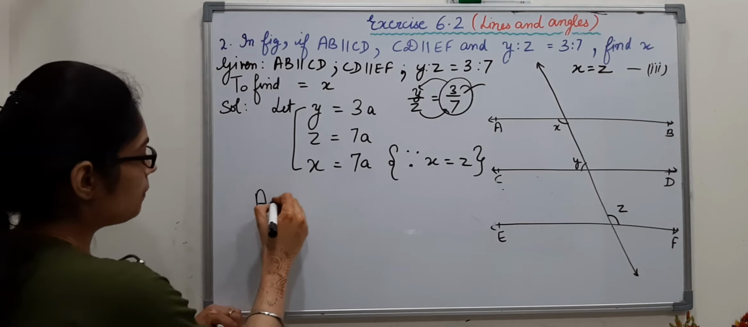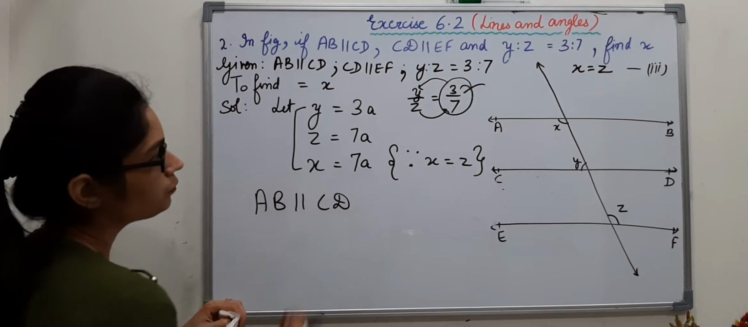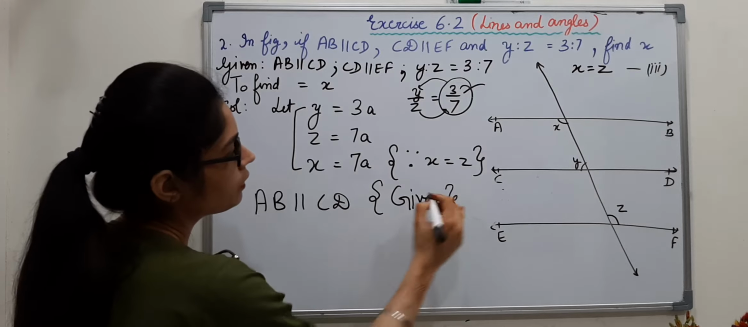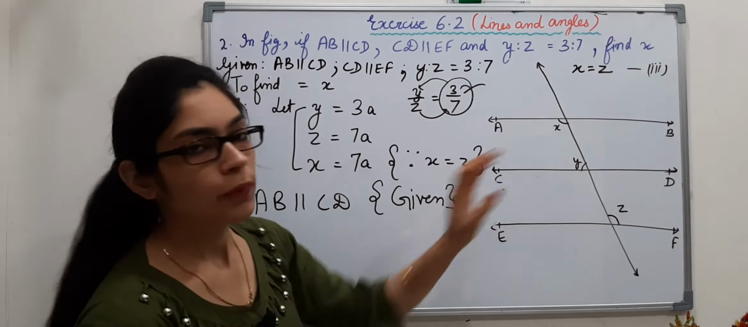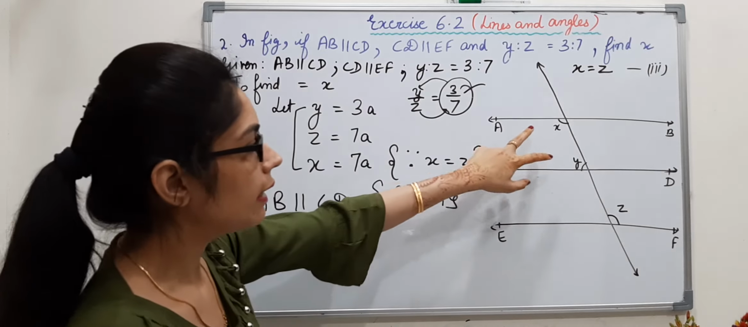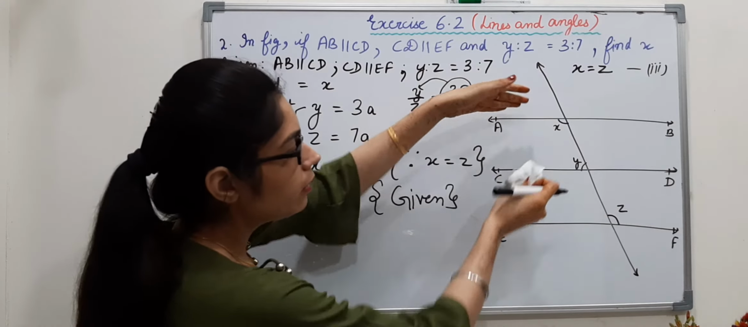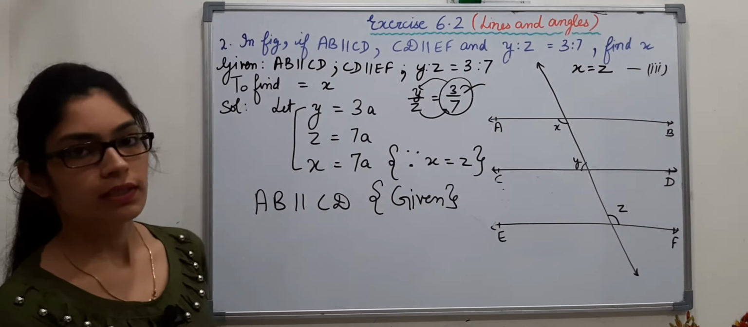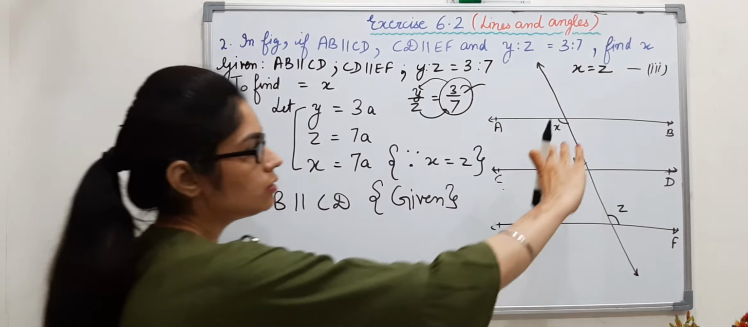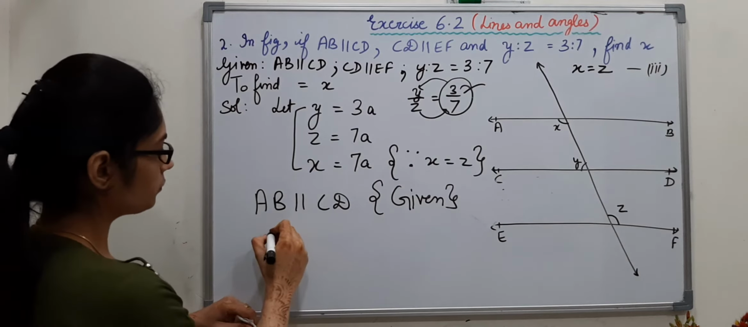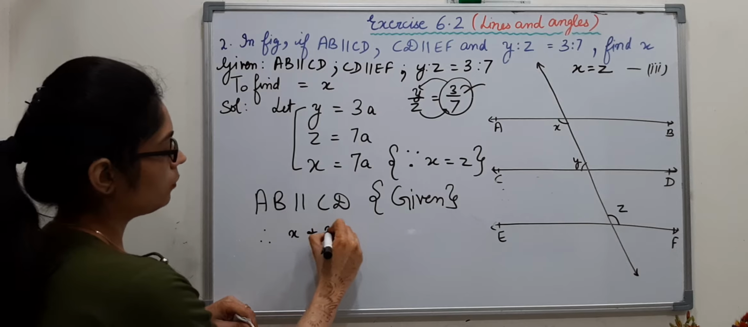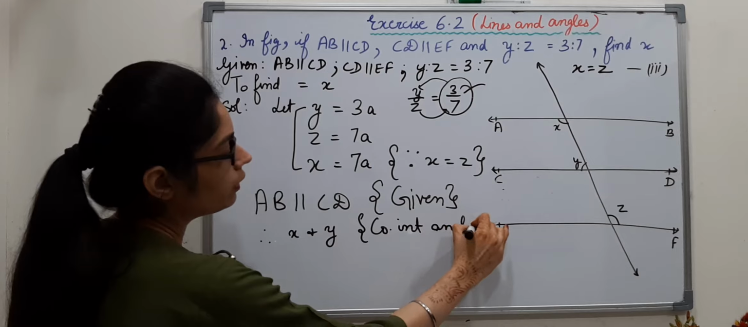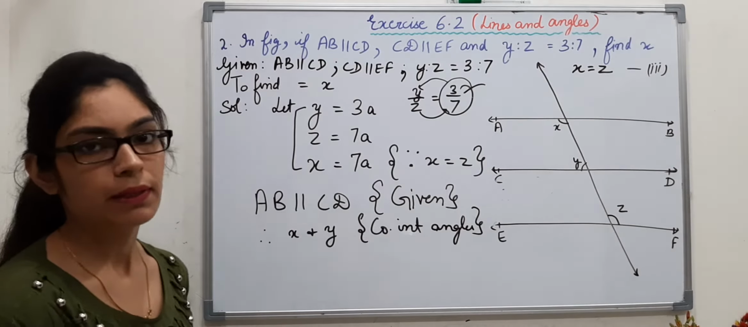Now we know AB is parallel to CD because this thing is already given to us. And if we see x and y, they are forming a pair of co-interior angles. See, they are on the inner side of the parallel lines, plus they are on the same side of the transversal. So co-interior angles I have explained to you, x and y. Therefore x and y are co-interior angles,